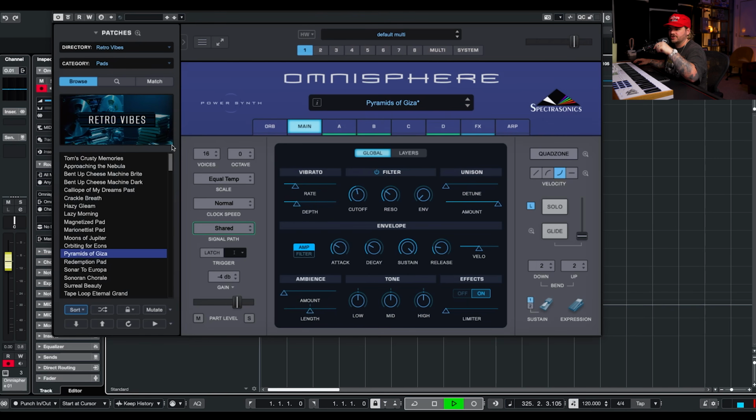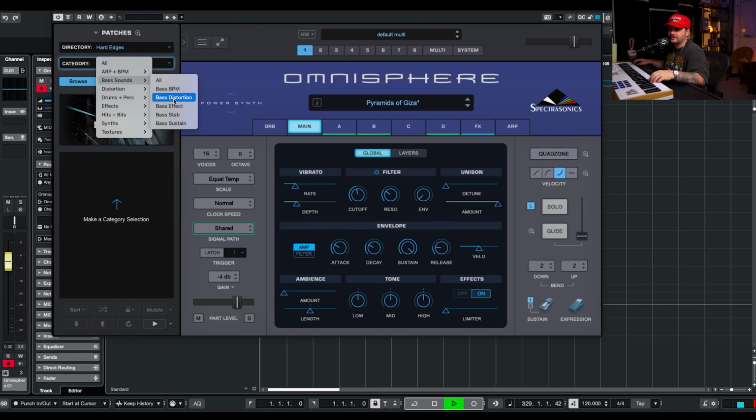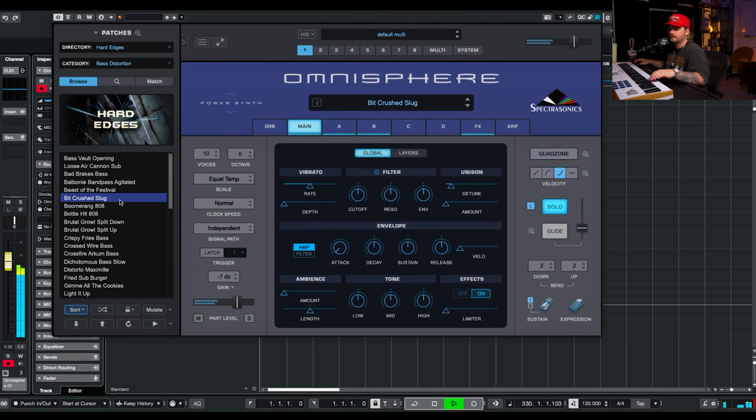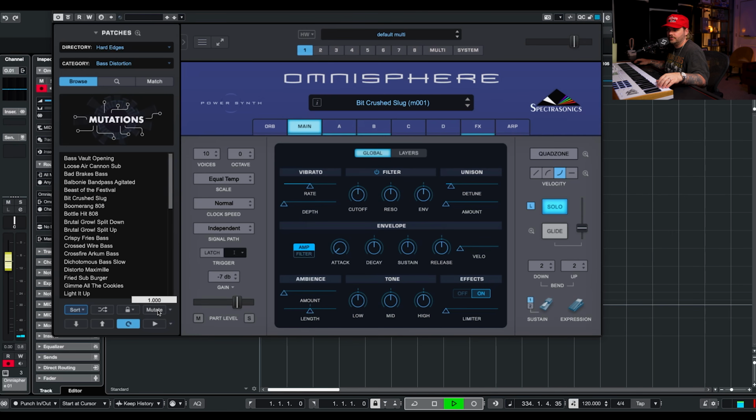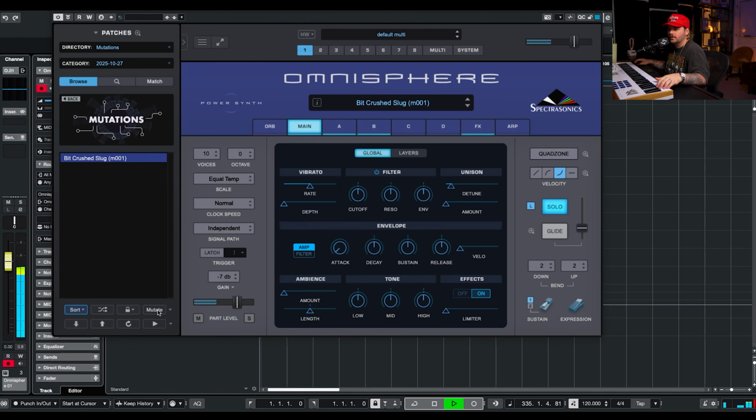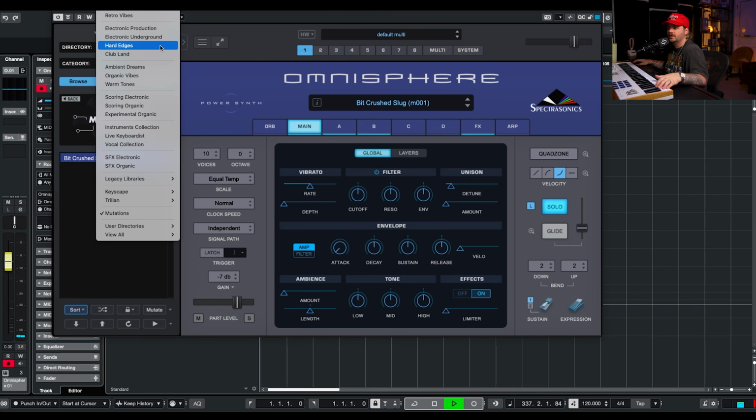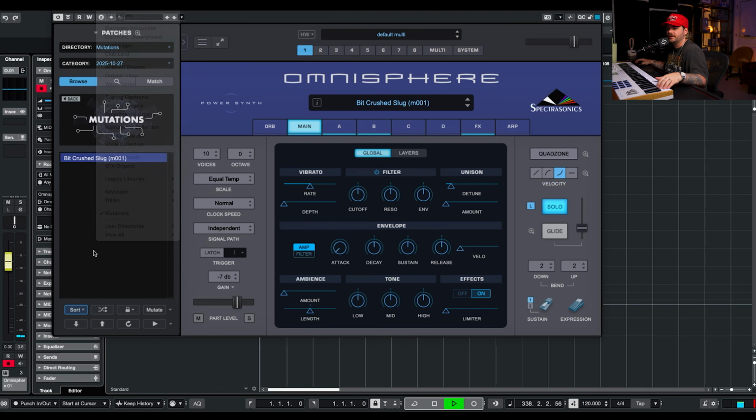Let's go to the patch mutations. That's what I wanted to check out. I'm going to keep trying different libraries as well. Let's try hard edges. Categories, let's do some bass stuff. All right, that's sick. What is this drop down? You can go default or extreme. Let's mutate. Ooh, and it saves your mutations. Okay, sick. So if you go to directory, mutations down here,